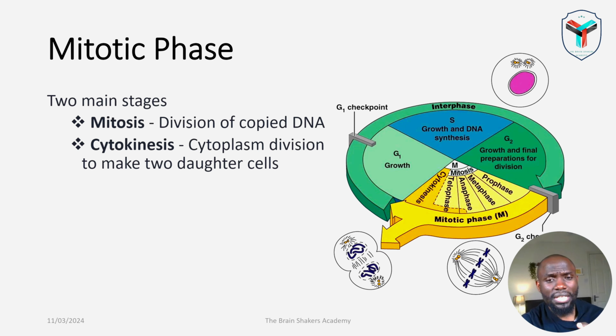Now, in some of the literature you will read, you will find that they may classify it as 5 stages, and basically it's because the prophase at times is classified as early prophase and late prophase or pro-metaphase. Then you have the metaphase, anaphase, and the telophase, making it 5 stages. Now we're going to be looking at the 4 main phases, which are the prophase, the metaphase,